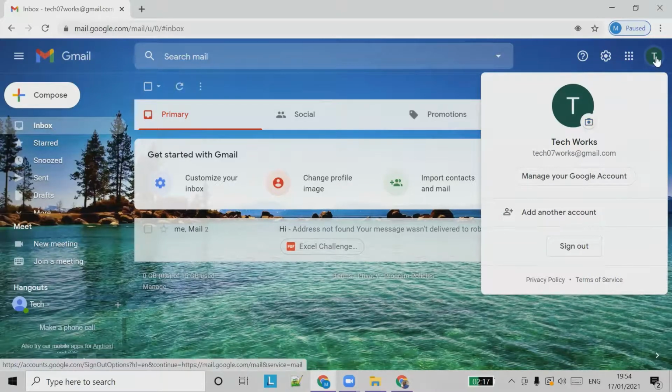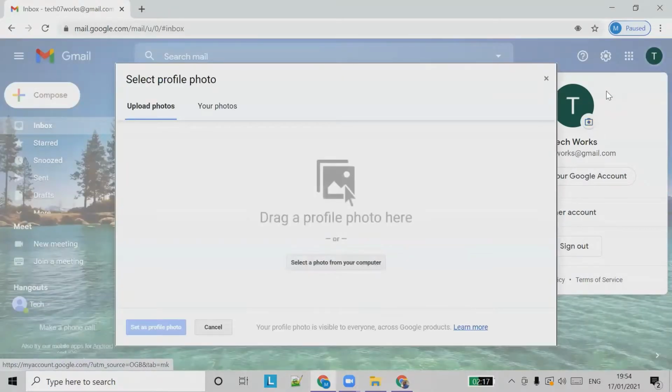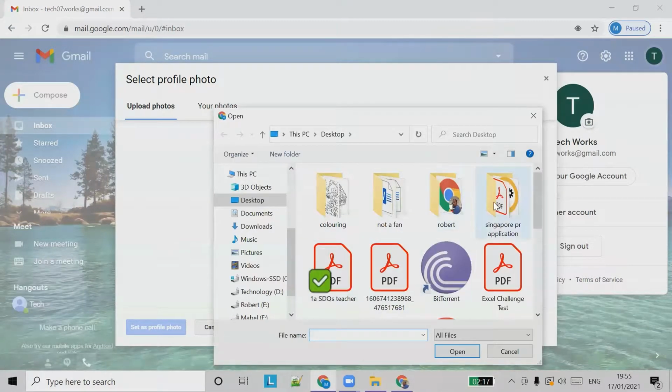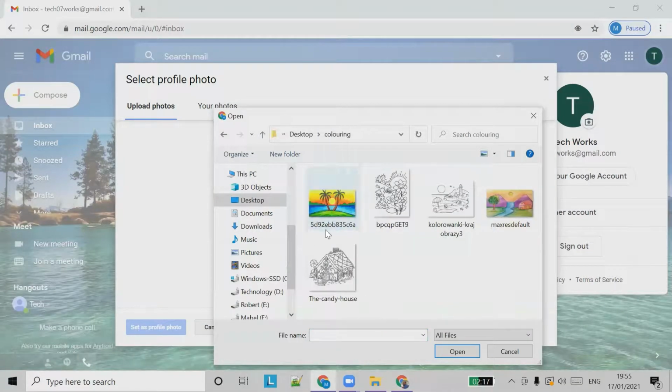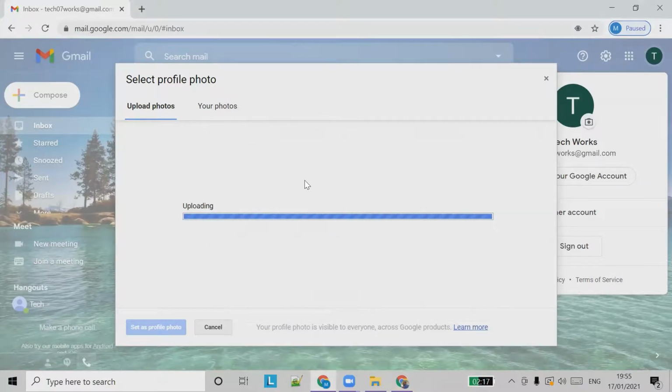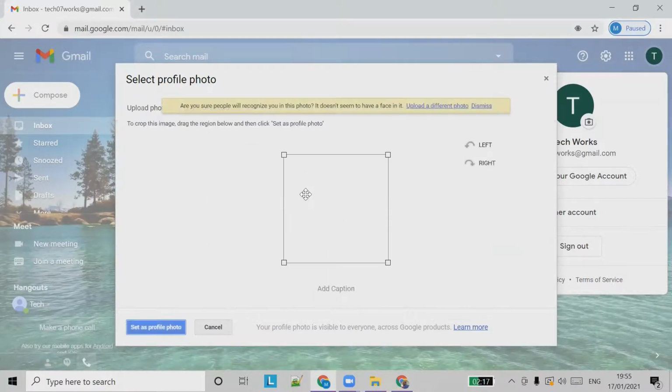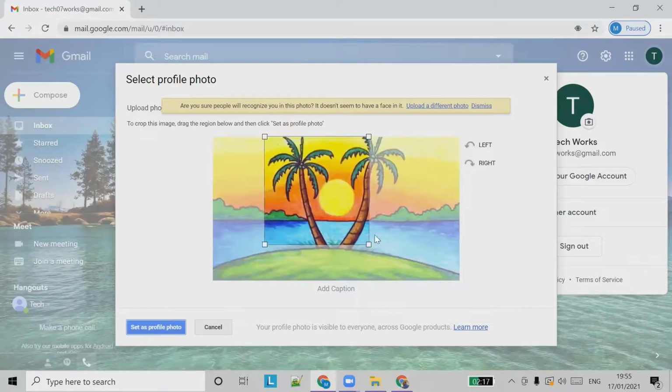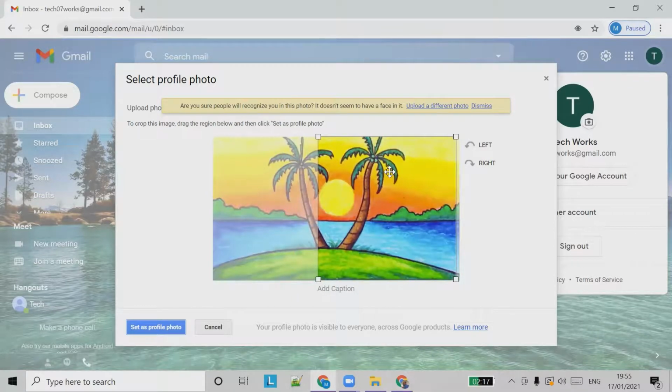Click on this icon and choose this camera option, and you can choose to upload a photo from your computer. So select from computer, and you can choose anything. Select a photo. The photo is being uploaded, and you can crop the picture. You can choose how you want the picture to be there.